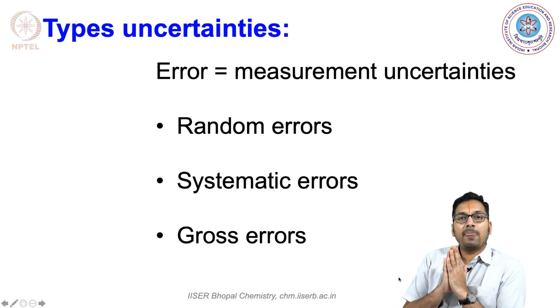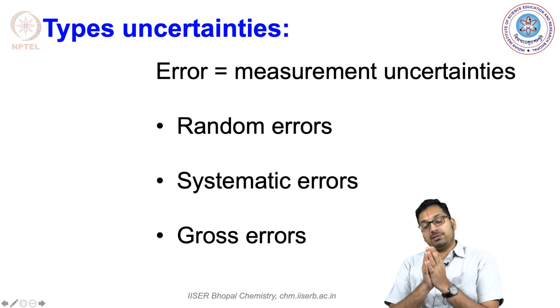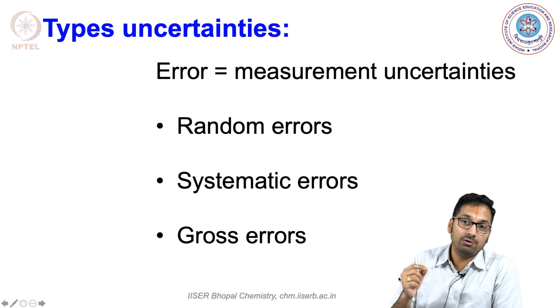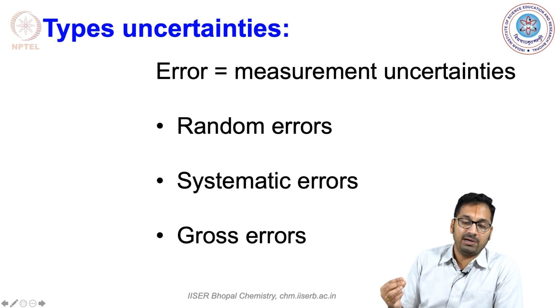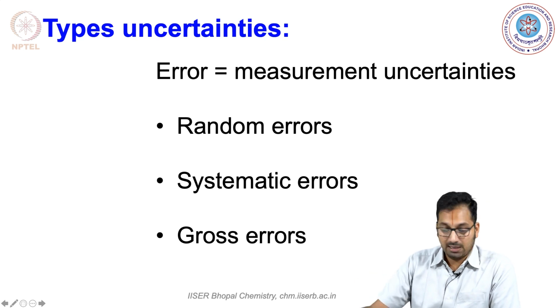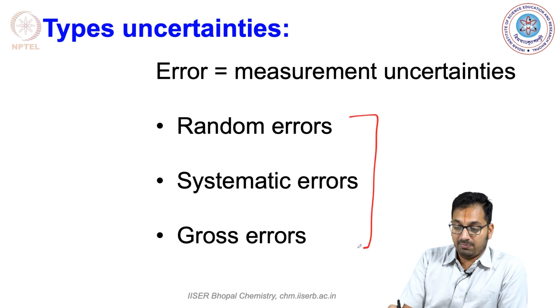So basically, the term error is generally used by an analytical chemist in the context of measurement uncertainties. One has to remember, error doesn't mean the mistake that you end up doing, but the level at which we cannot be sure of a certain measurement that comes up intrinsically or maybe due to our own reasons. Most often, these types of errors can be classified into these three major types.